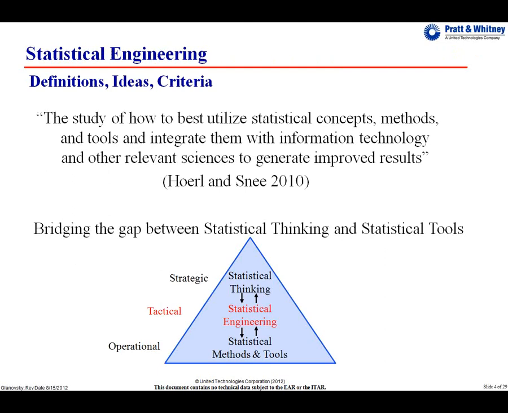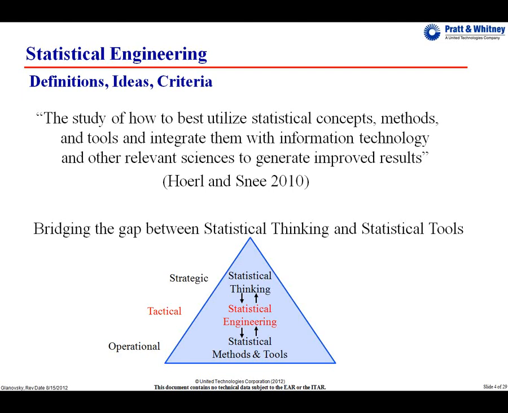So statistical engineering. Now, Roger Hoerl and Ronald Snee, back in 2010, wrote a very popular paper on defining statistical engineering and arguing for where it could be useful out in the commercial world. But the term has actually existed for a lot longer than that. It was just never so well defined. The real reason it's becoming so popular now is because it's one of these ideas whose time has really come.